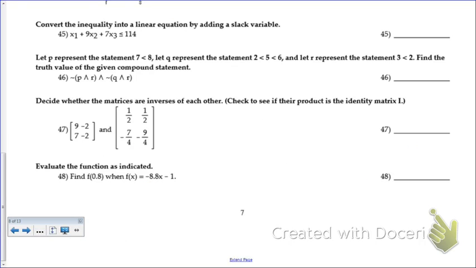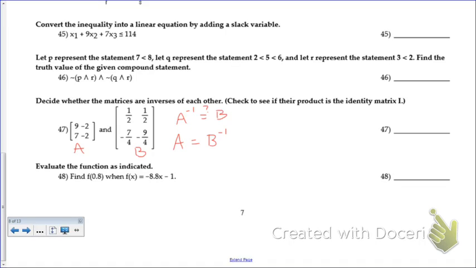Number 47, we just want to know if they're inverses of each other. So I'm going to call this A and I'm going to call this B. And basically I want to know, is the inverse of A equal to B? And is A equal to the inverse of B? What we can do